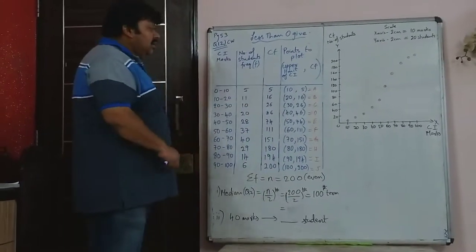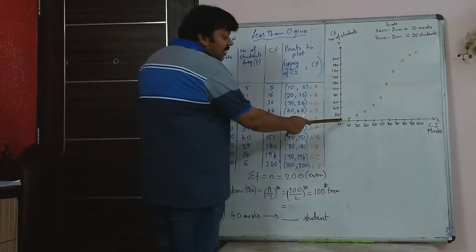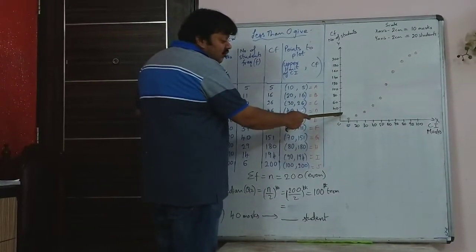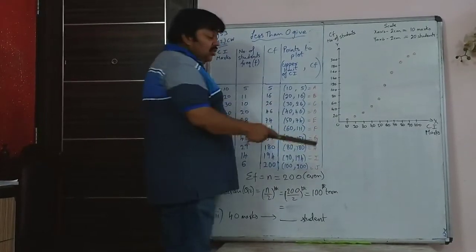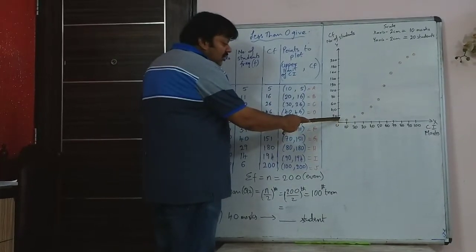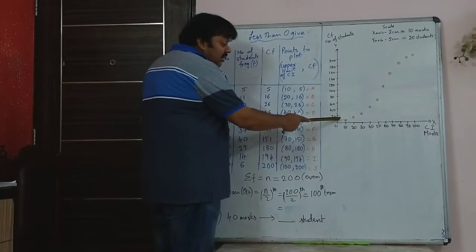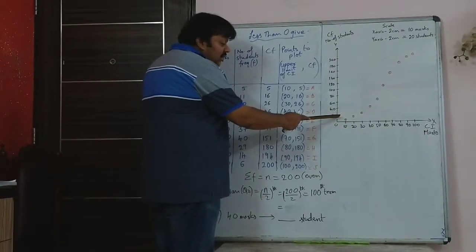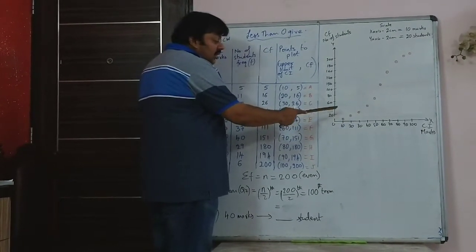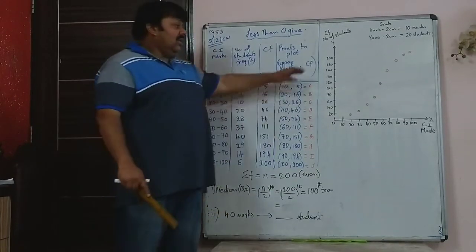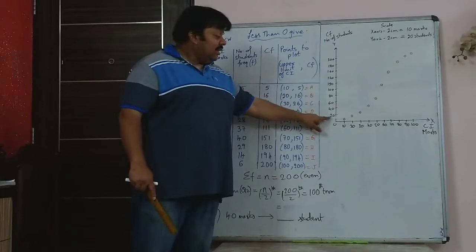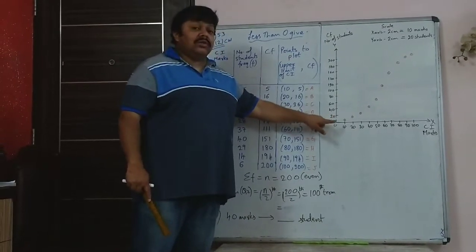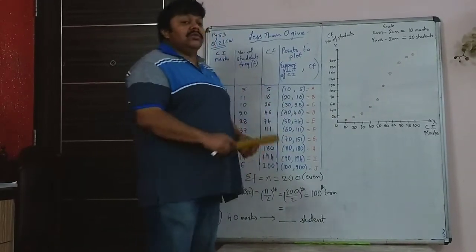So now here I have plotted the points again. 10 lines is 20, so each small line in between will be 2. So 0, then 2, 4, 6, 8, exactly at the center 10, then 12, 14, 16, 18 and 20. So you have to understand what one small line is. 20 is 10 small lines, so one small line is 2.